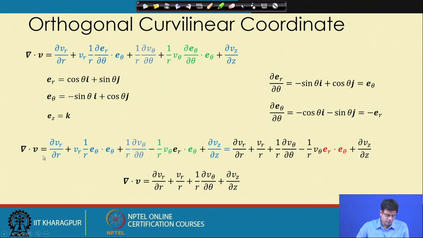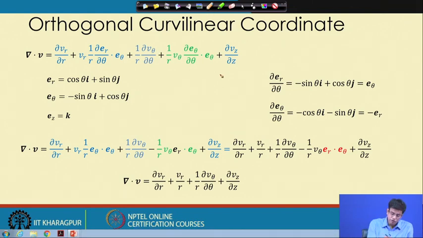If we substitute it in place of ∂Er/∂θ, which is again Eθ, so Eθ dot Eθ, and this quantity (1/r) ∂Vθ/∂θ remains unchanged. Then (1/r) Vθ ∂Eθ/∂θ, which is minus Er, so I substitute minus Er here. So it becomes minus Er dot Eθ and ∂Vz/∂z. Now this quantity again remains the same, and since Eθ dot Eθ is 1,